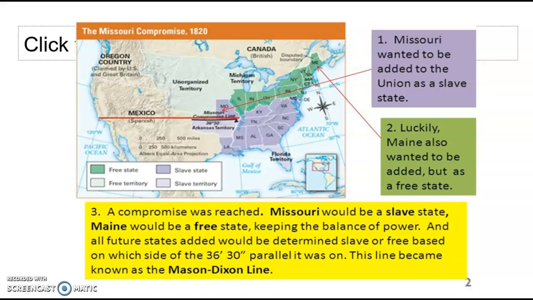Okay, we're about to go over, I would say, 3 to 4 compromises in this unit alone. And every single compromise has to deal with slavery. This is the first one I need you guys to understand. Okay, because this is going to kind of cause issues for all the future territories when they go to become a state.